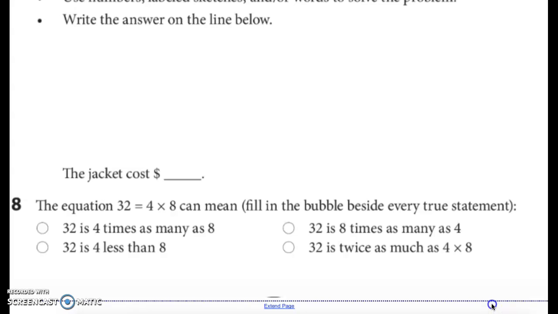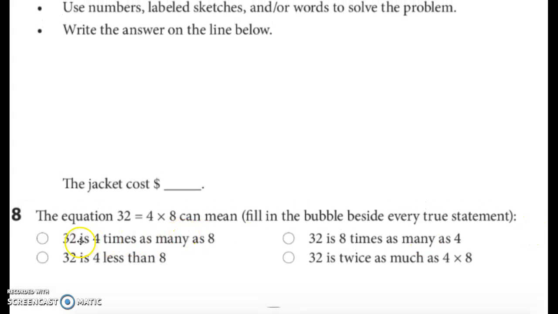Finally, problem 8. The equation 32 equals 4 times 8 can mean. Fill in the bubble beside every true statement. This means that this problem could have more than one correct answer. Read each carefully and think if it is true or not. If true, fill in the bubble. First,